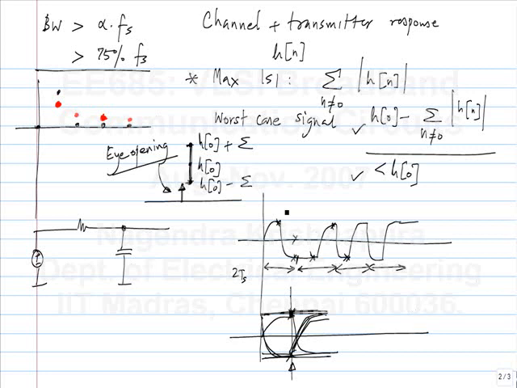So, essentially, the h of 0 and these values that I wrote here are nothing but the sampled values that you can see by looking at where the sampling instant is on the eye diagram. So, essentially, I want to see how spread these values are. Ideally, this should be 1 and this should be -1.